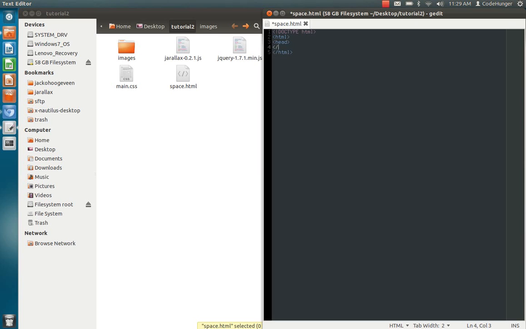head, body, indent this, script, source is Jarallax-0.2.1, close, right,